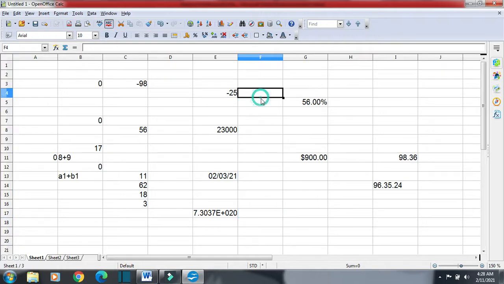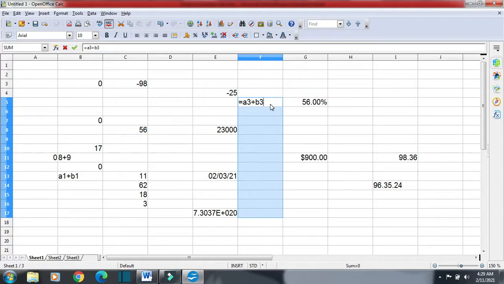Instead of going up and then down, I will go from down to up, and then I will start typing the formula. Suppose I write the formula A3 plus B3.